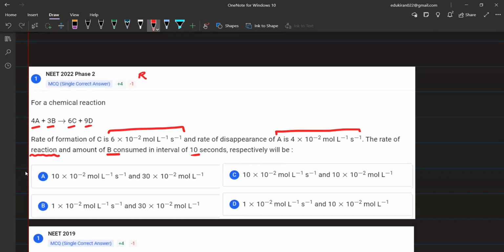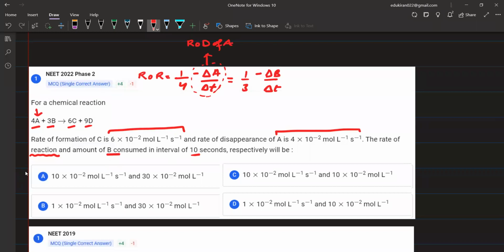Rate of reaction for any chemical reaction will be equal to 1 upon the stoichiometric coefficient minus the rate of appearance of, or rather rate of disappearance of A. Rate of disappearance of A is delta A upon delta T, right? Will be equal to 1 by 3 minus delta B upon delta T. Okay, this quantity here with the negative sign, it is what it tells you about the rate of disappearance of